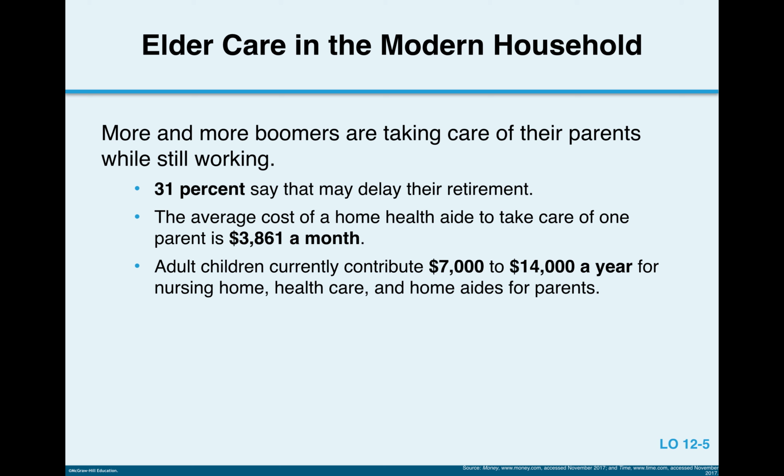So when my grandfather did get towards the end of his life, he was in assisted living, and the cost of that per month was about $3,000 per month, which is a really big number. He wasn't there for a full year, but a full year of that would be about $36,000, and that's a pretty good chunk of change that is going towards that health care. So that's something that you have to consider if you do have that grandparent or that parent that's getting a little bit older, and you might have to take care of them at some point, or at least contribute with the cost of it.